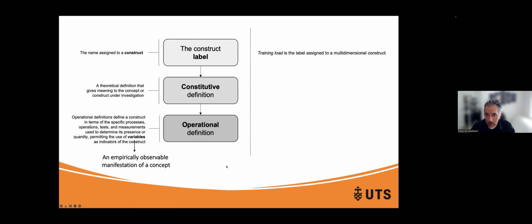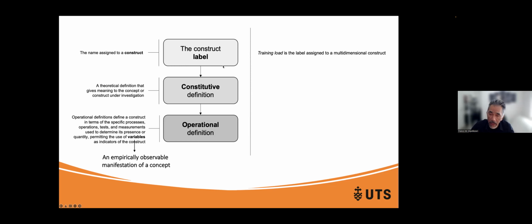So associating this, and there's nothing I'm inventing here. I mean, there are a lot of textbooks that explain this, a lot of papers. This is a relatively normal, established knowledge, let's say. So, but using this to explain the terminology, the training load terminology, I can just say that the construct label